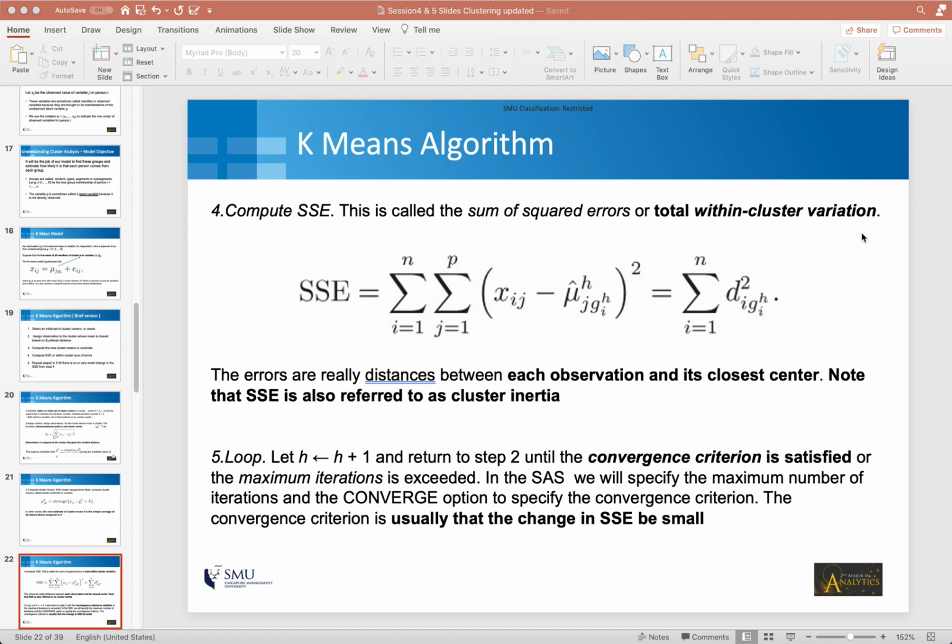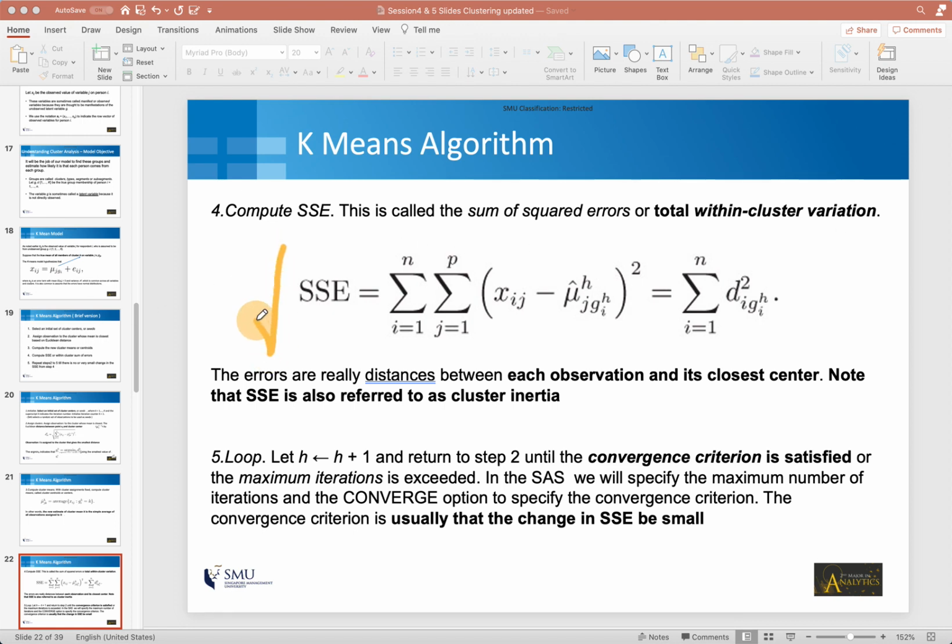So once you have completed the particular iteration of the algorithm, you will see that observations are assigned to different groups, and at that point, for a given solution, you can find out what the total within cluster variation is for that iteration. And since we are minimizing this total within cluster variation, from one iteration to the other, the SSE should be going down, or it should be reducing.